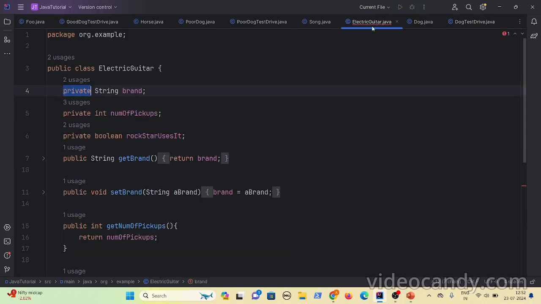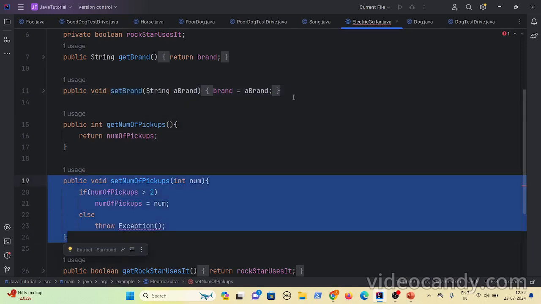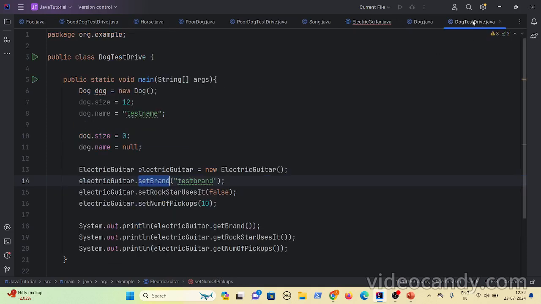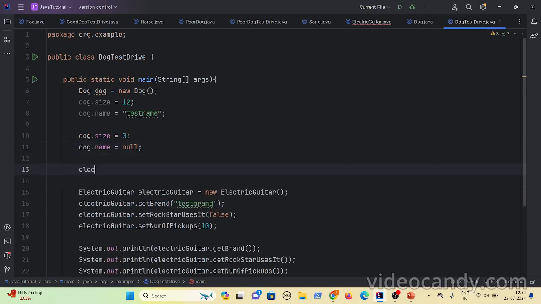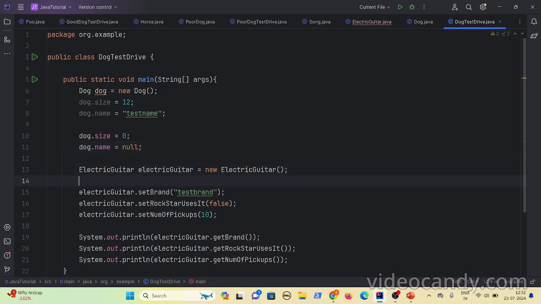And after 4 or 5 years, they want to put some logic while setting the variables. Then they will add the setter methods. Then making the modifications in the electric guitar class is so easy. You can just add a setter method, and whatever logic you need, you can do it simply. But think about the classes or the methods which are using this particular electric guitar class. There can be so many places where people are getting the values, or setting the values for the electric guitar.